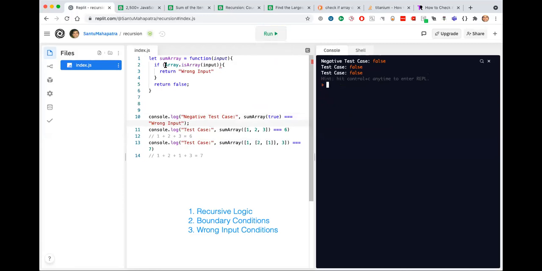It's returning false because I have to check whether it's not an array. True. So the negative test case is returning true. So we have done the wrong input check. Now we still have to do the boundary condition and the actual logic. So let's do the actual logic first. The actual logic is pretty straightforward, I guess, but it input of 0